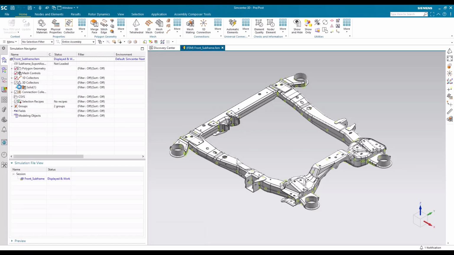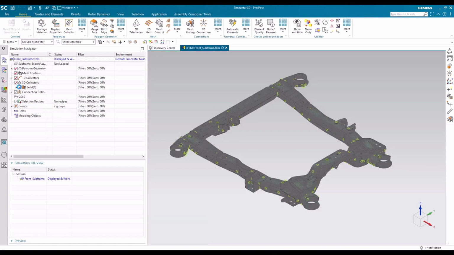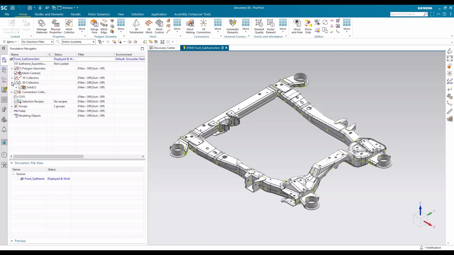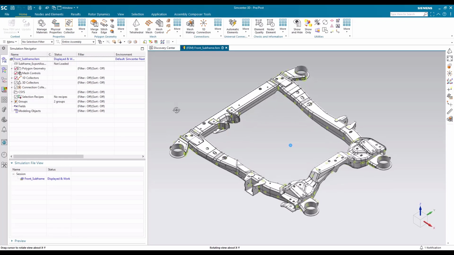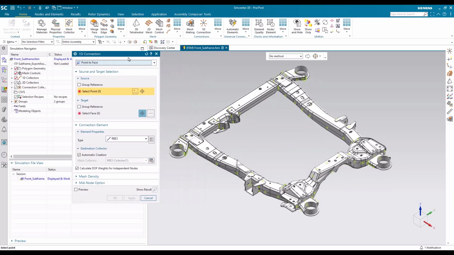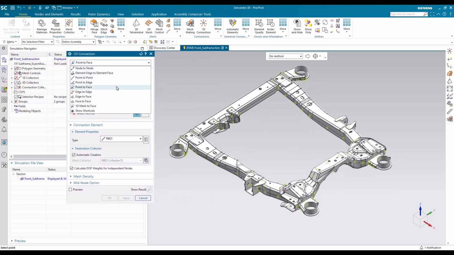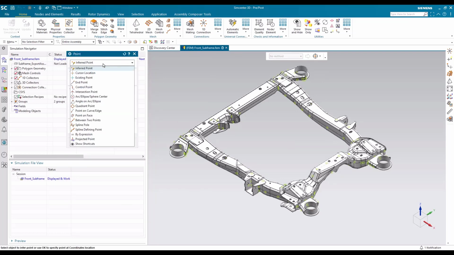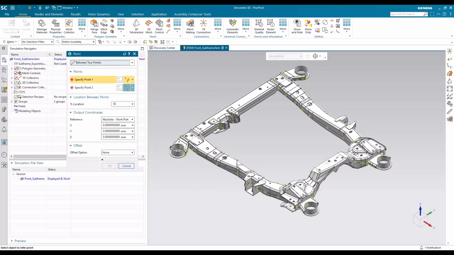Before we start the simulation, we need to create some input points and output points, and to do so, we will use 1D connections. For every input and output point, we'll select a center point of the specific connection and connect them to the respective face. We'll repeat these steps for all the connections using an RBE3 element.